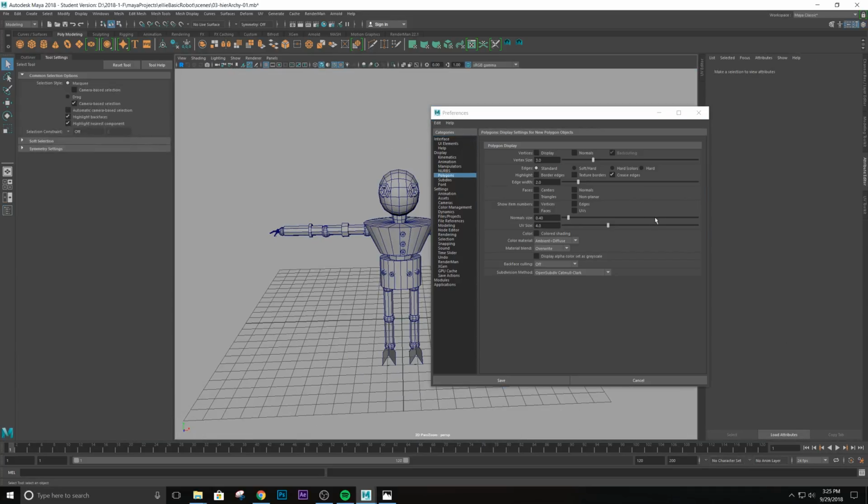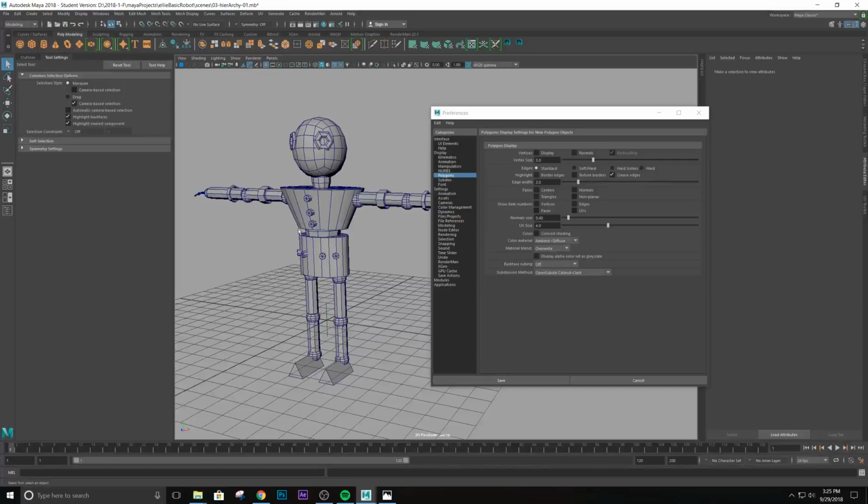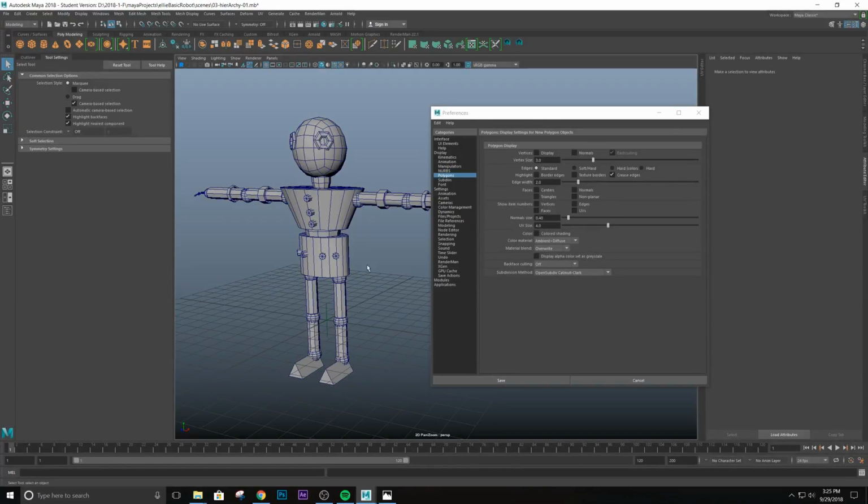Restore default setting. Oops, everything went back to default. Well, I'm just going to hold Alt B to change my background. Okay, so here you can see that the default setting for Maya is that the edges are shown as a